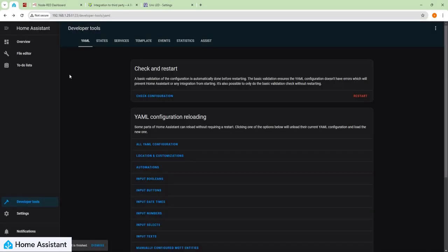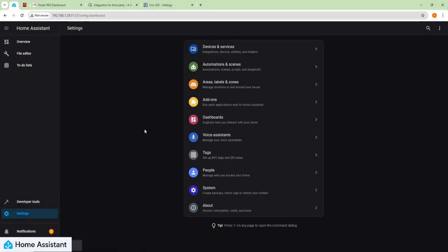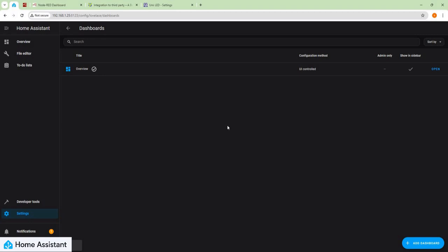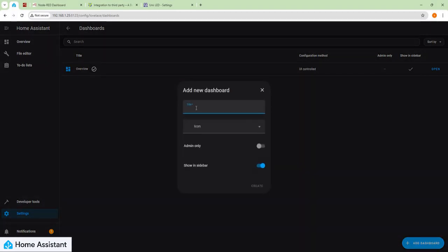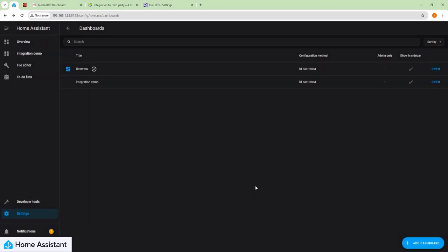Once everything is loaded, all the building blocks will be ready, but we need to create the dashboard first. In the Dashboard Settings menu, create a new dashboard from scratch. Give it a name you like, and you may also set it as the default to hide the original one.